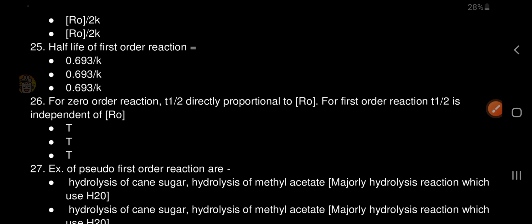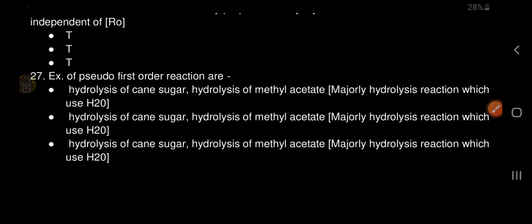For zero order reaction, half-life is directly proportional to R naught. For first order reaction, half-life is independent of R naught. True. Examples of pseudo first order reactions are hydrolysis of cane sugar, hydrolysis of methyl acetate, majorly hydrolysis